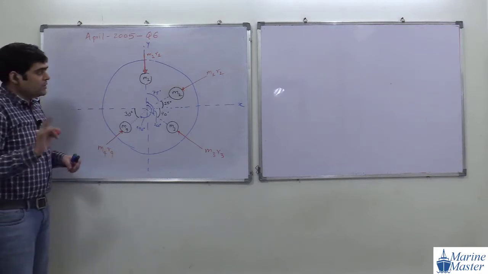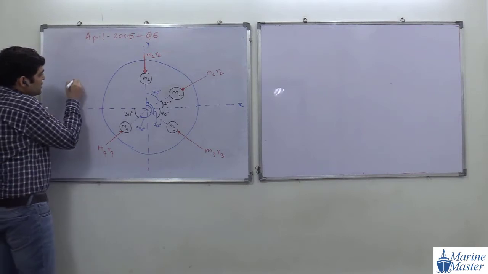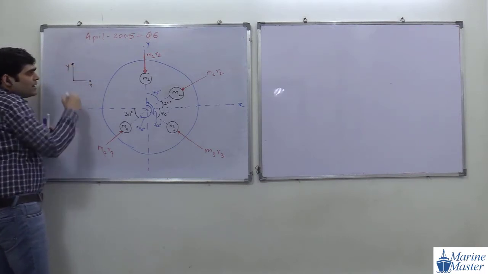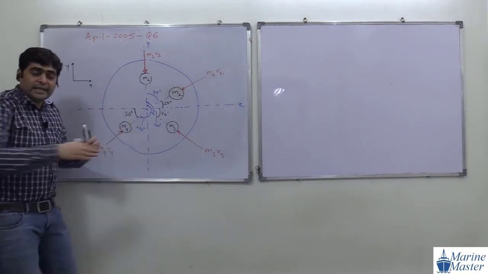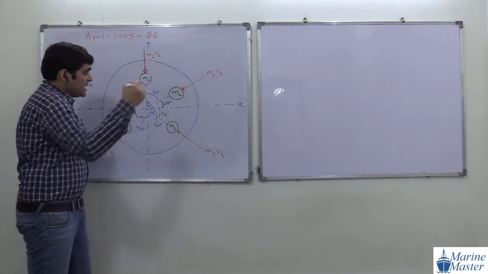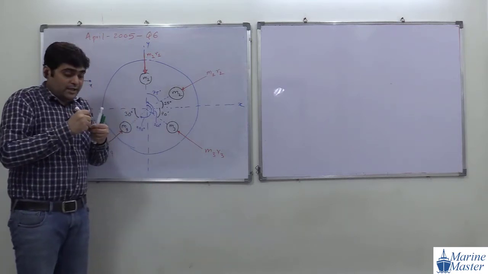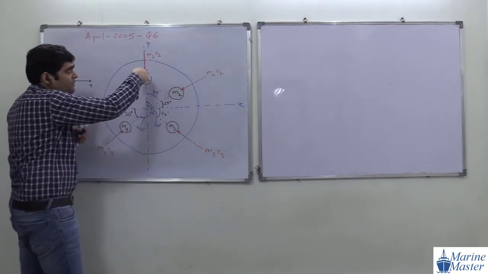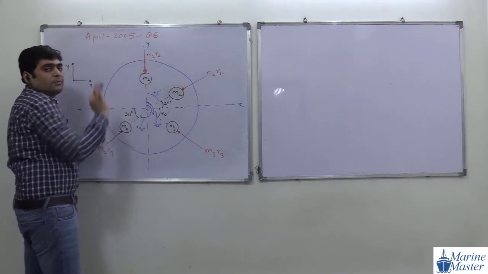Now here, we are assuming x and y direction. This is X direction. This is Y direction. Now here, these four forces are inward. So their component must also be inward. See the point here. So how to make the component? For making component, this M1 R1 is directly in y direction. So no components of M1 R1.